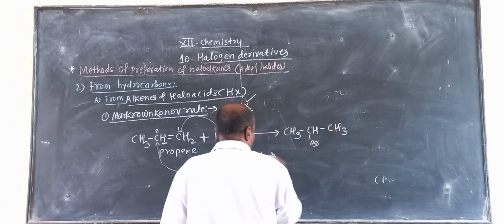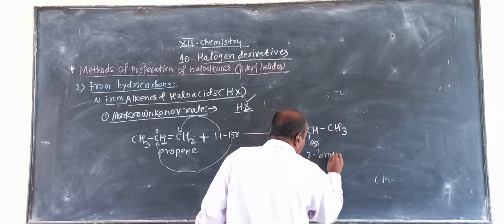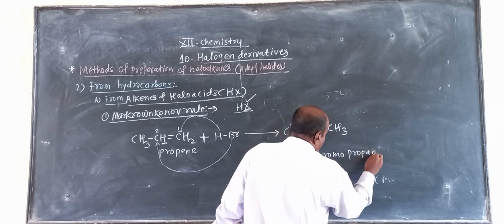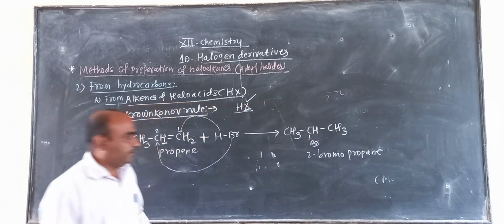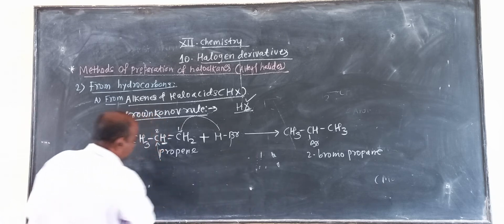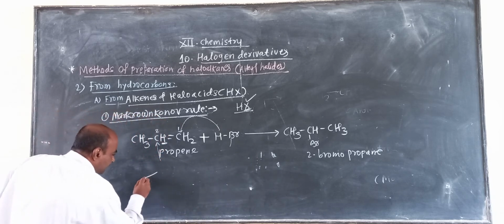So the name of the compound is 2-bromopropane, or isopropyl bromide. 2-bromopropane is the product obtained. Okay. Similarly, if you take this example,